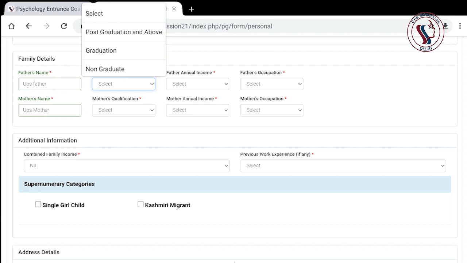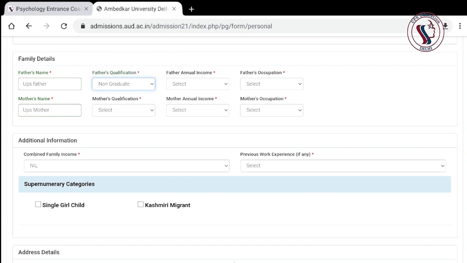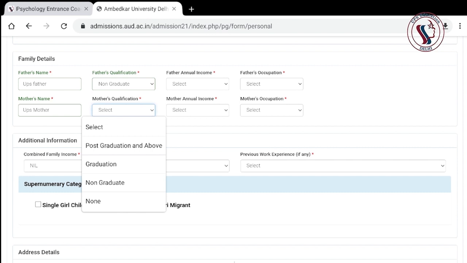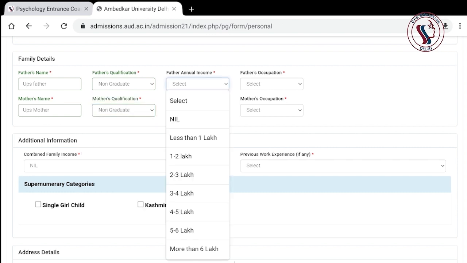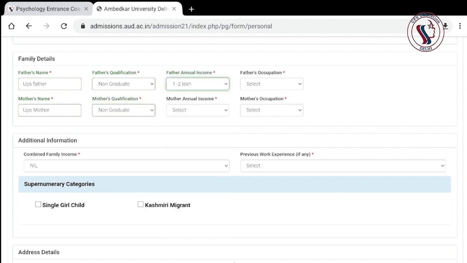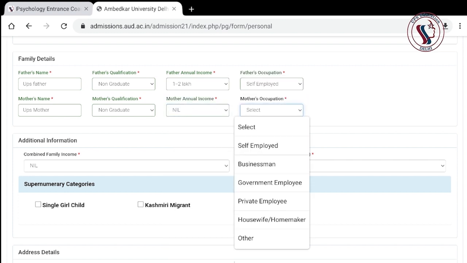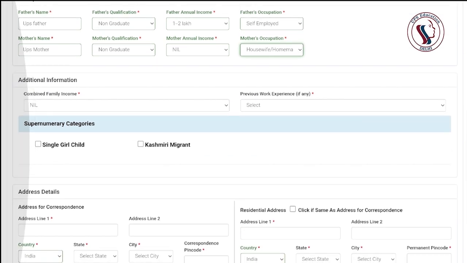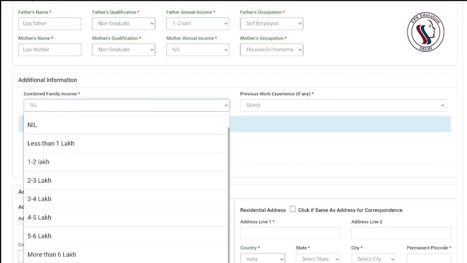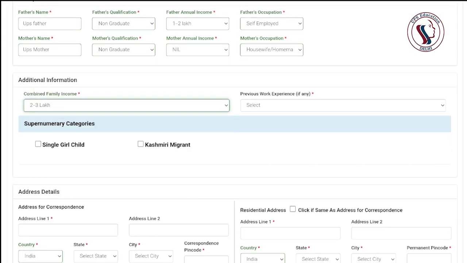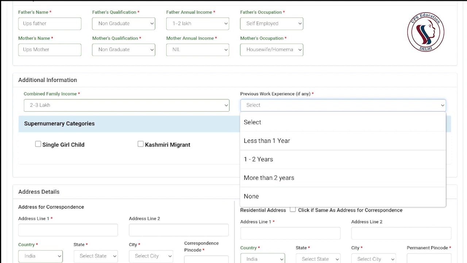Now their qualifications, combined family income, your previous experiences.